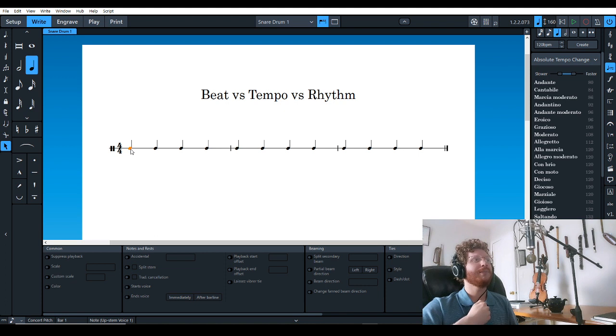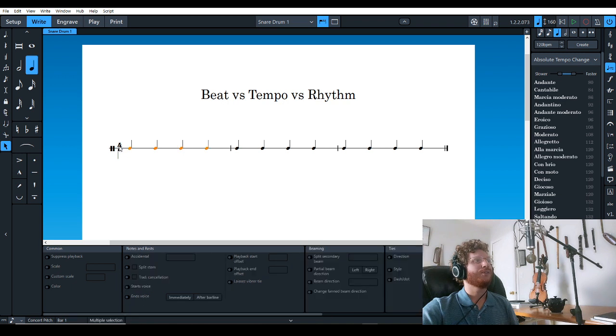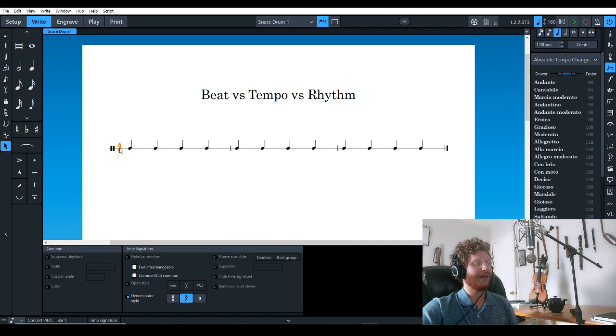of our music. The beat is determined by the bottom number of our time signature. In this case, the top number tells us how many, 1, 2, 3, 4, before our next measure. And then the bottom 4 corresponds to a quarter note. And if I change our denominator style, it shows us a little bit more clearly that we have 4 quarter notes per measure. If I decide to change my time signature,